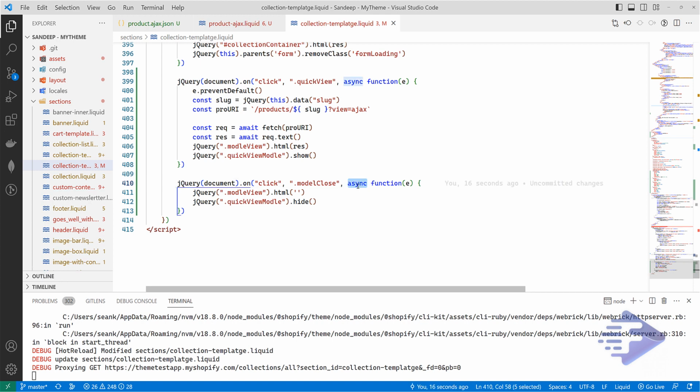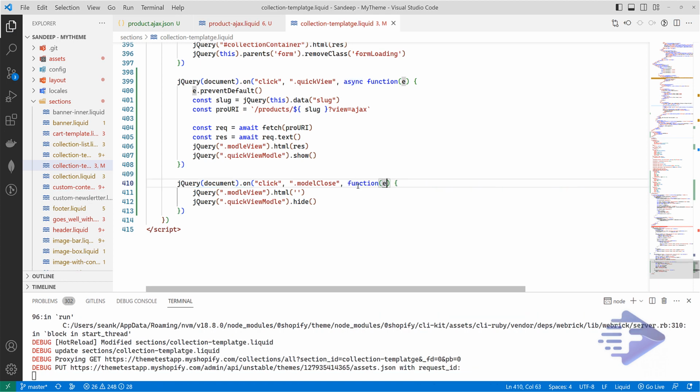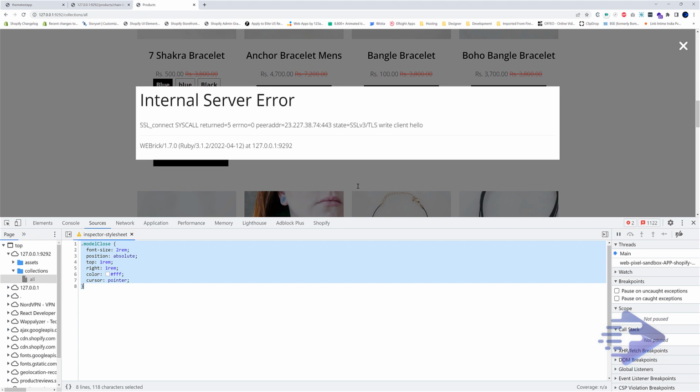We don't need a sync over here. And save. This is saying we have a connection issue. Right, client hello.